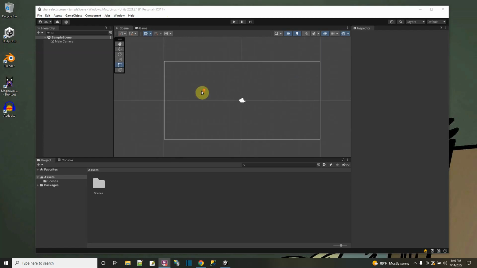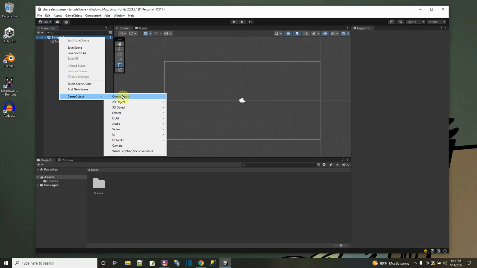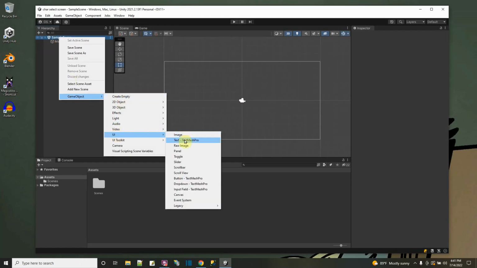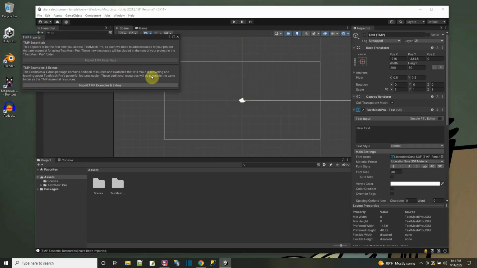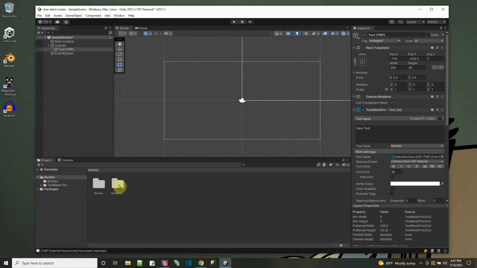will contain within it. Okay, and we're going to put in some text because we're doing a screen that's going to be for a menu. So let's go to add a UI text from TextMesh Pro. And it's the first time I'm using TextMesh Pro in this project, so I have to import the essentials. Okay, now those essentials are imported. I close this window. And now I have my TextMesh Pro text object here, and I will call this text